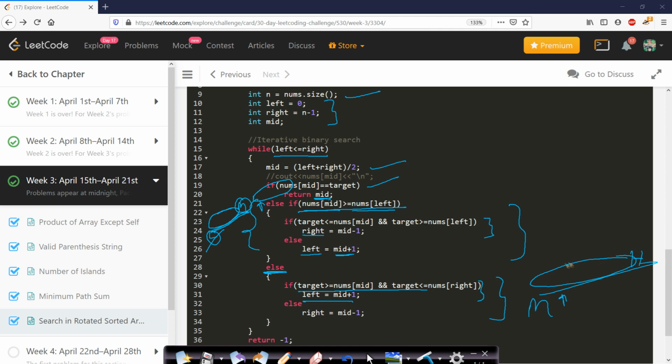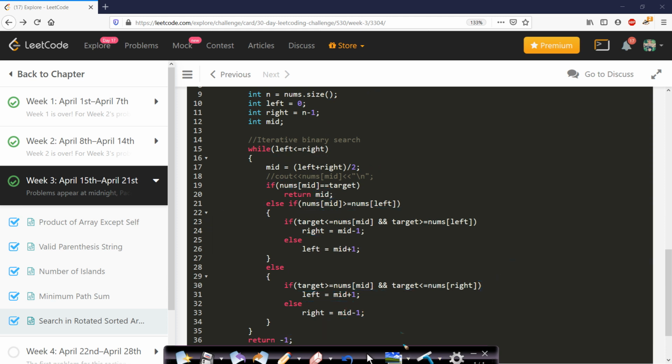That is, we will partition it into 2 parts and we will select the right hand side partition for searching our target element. Otherwise, if the element is not in the right hand side half, then I will update the right to mid minus 1 and so we will search in the left hand side. This will be done as long as the element is not found or left is less than or equal to right. If the element is found, then we will return its index by returning mid. Otherwise, we will just return minus 1.